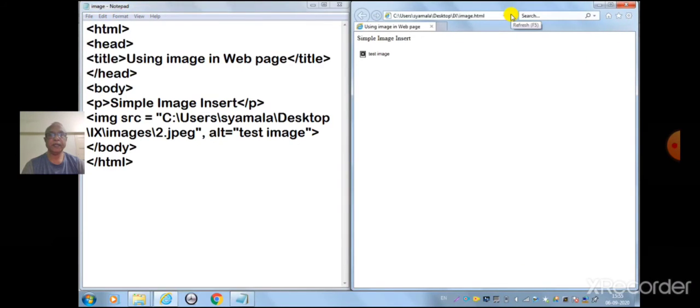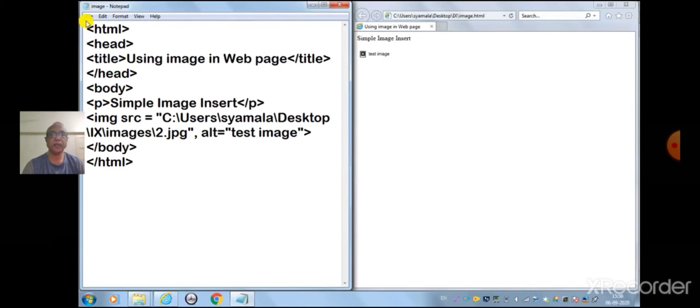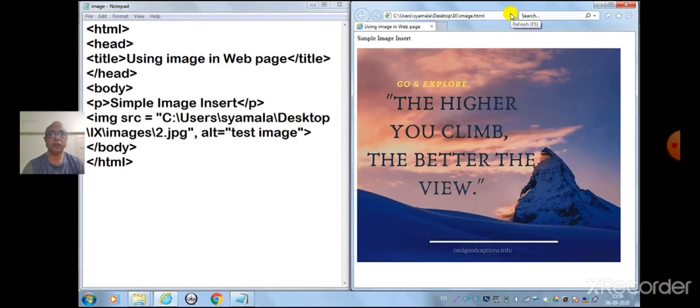You will see the image is not displayed, whereas the text enclosed in the alt attribute, that is test image, is displayed, which means there is a mistake in the extension of your file or network issues. Now change the extension to JPG, save the file, refresh it, and the image is displayed now.